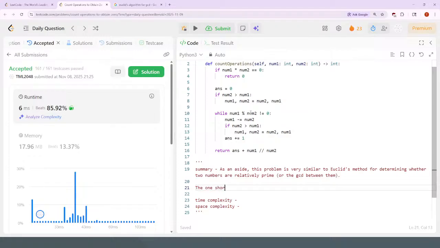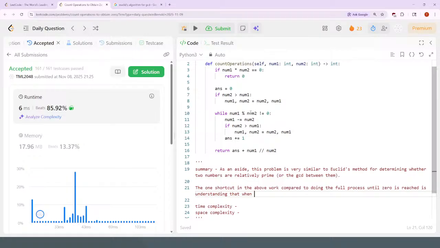The one shortcut here in the above work compared to doing the full simulation, the full process until 0 is reached, is understanding that when the numbers are such that one is a multiple of the other,